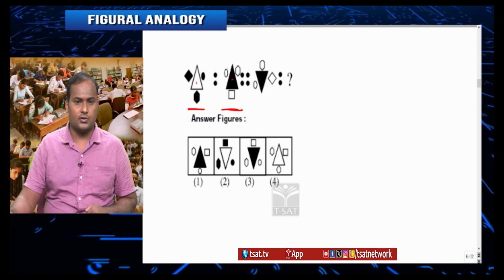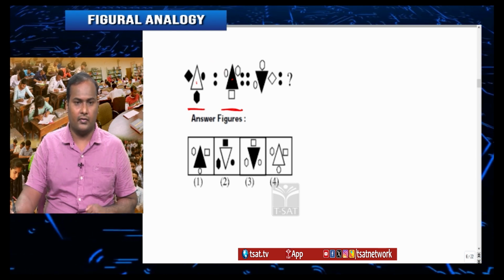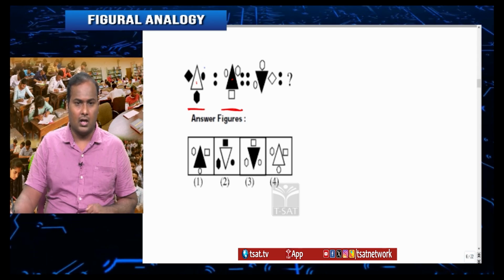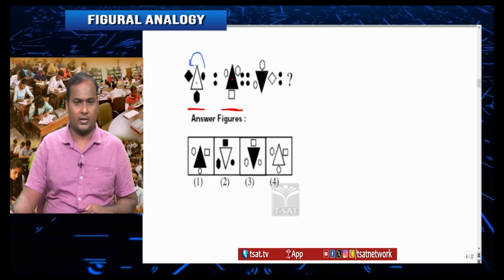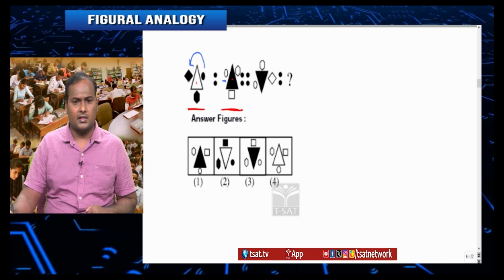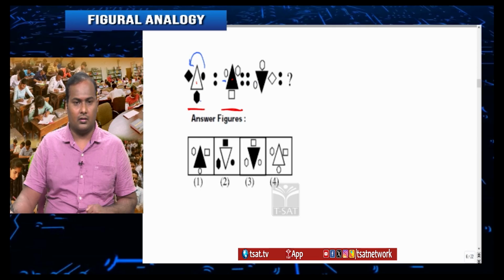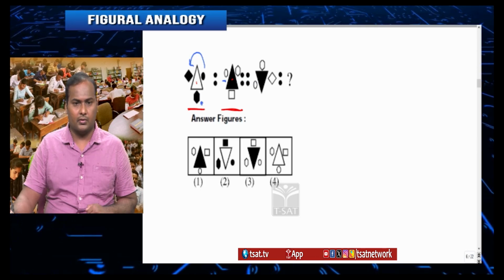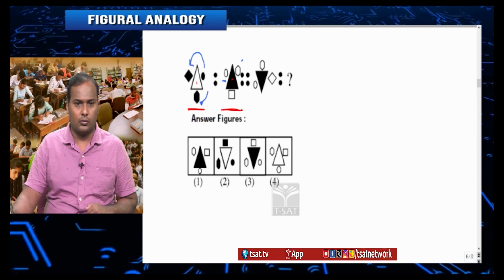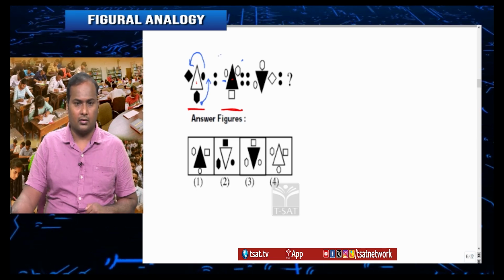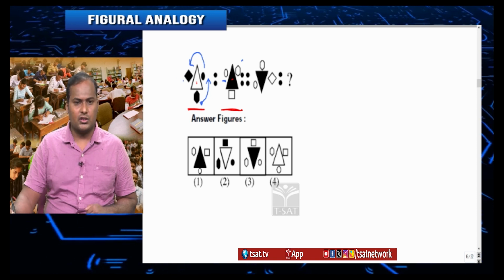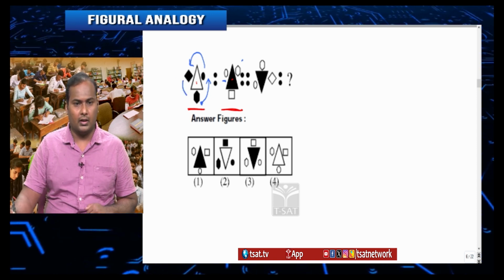And the next thing you can observe is the position of these outside figures. Initially, this circle which is dark now became lighter and it moved in the next direction, right? In the same way, now the circle is here. In the same way, the darker hexagon which was at the bottom here, now came to this side. So, now this hexagon moved in this particular direction into the next figure. And what about the quadrilateral? This quadrilateral also moved in the